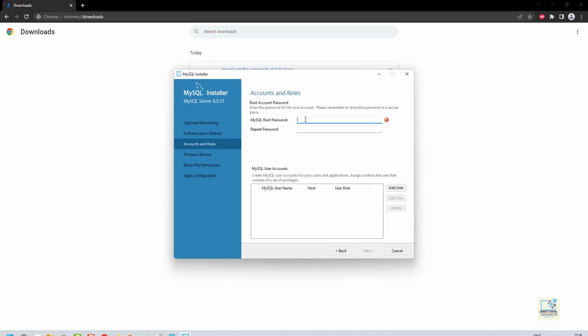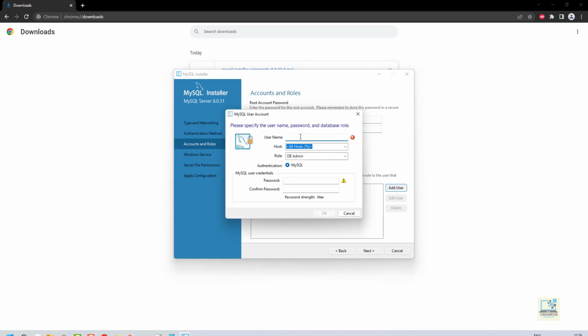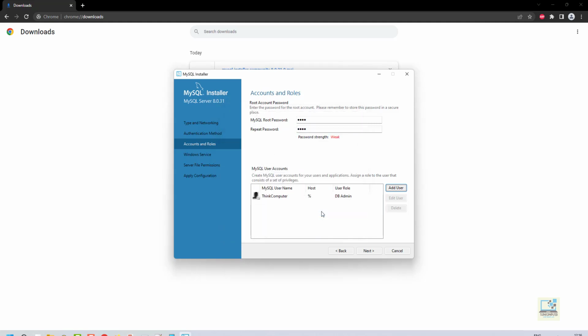So now you need to enter a password for the root permission. Root access is required every time you connect to the database, and you can also add additional user accounts. Click on add user. You need to enter a name for the user account. I am writing ThinkComputer. Then enter the password again. Please note that it is not compulsory to add another user account. You can use the database only with the root access. So click on OK. Now click on next,